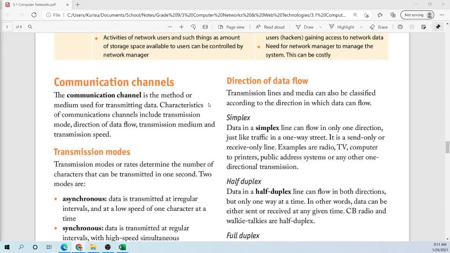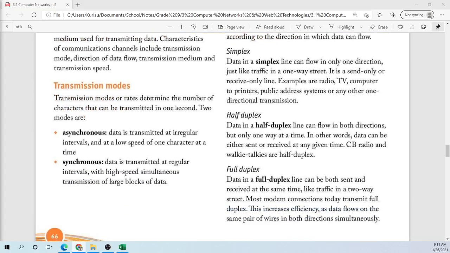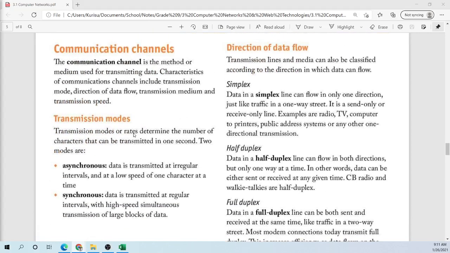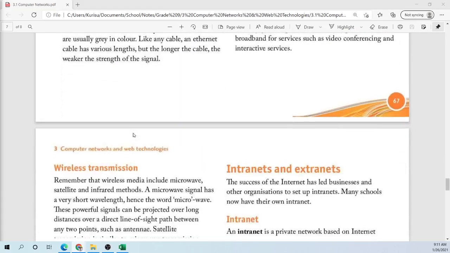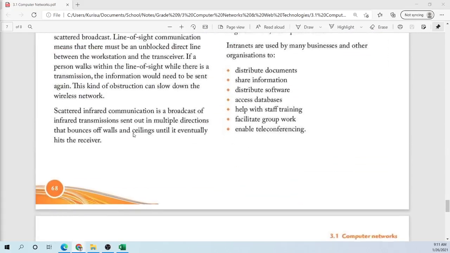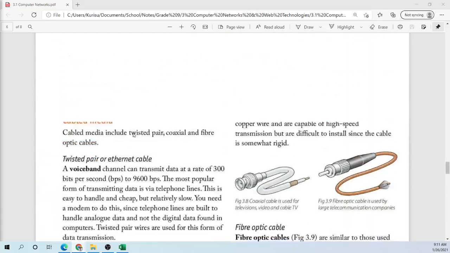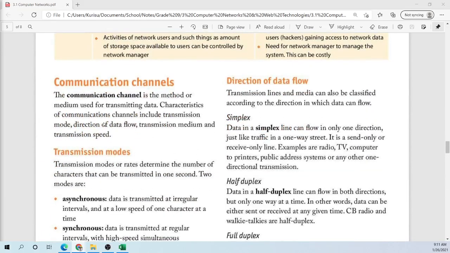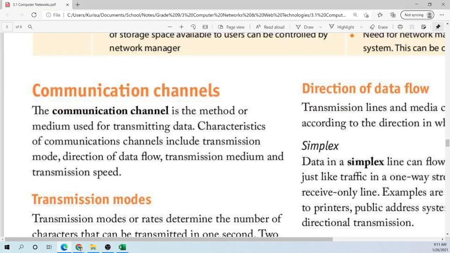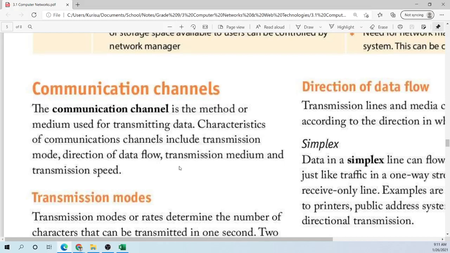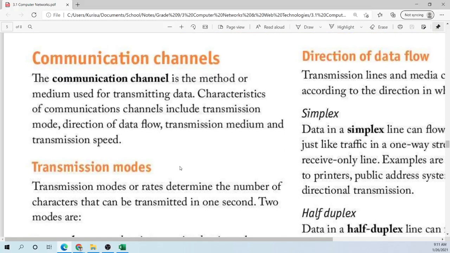Right, so we're going to continue today with communication channels, and we'll be getting into simplex and so on, how data traverses the different cables. We can look at the different types of cable and so on. So let's get into it. The first paragraph, communication channels. We start at the bottom. Zamir, we'll start with you.